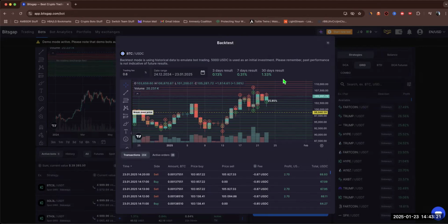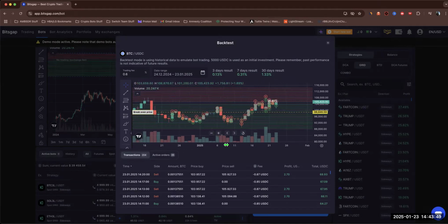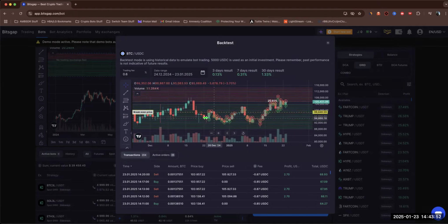1.33%. You're going to be really good at getting your calculator out and putting together percentages. Just make sure you move that decimal place 2 places to the left. So 5,000 times 0.0133, $66. So there we're getting pretty close to the monthly charge of Bitscap, and being able to justify the cost